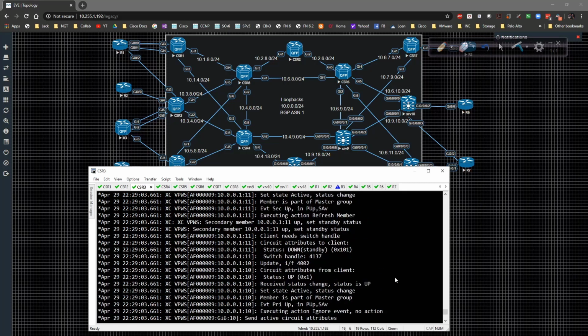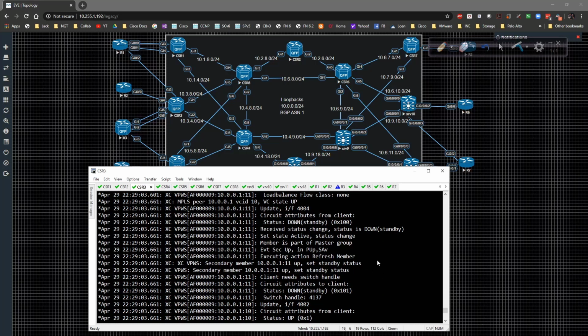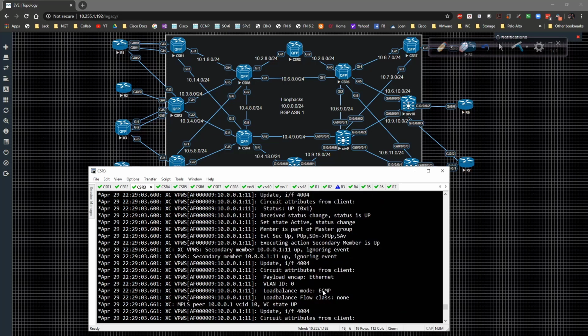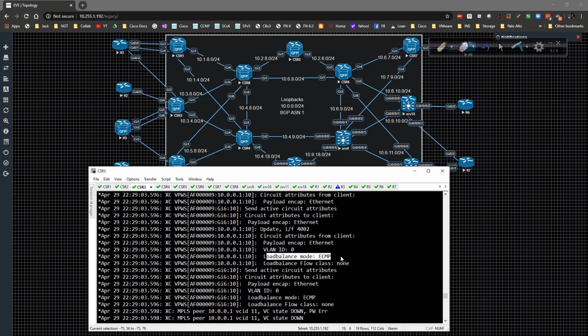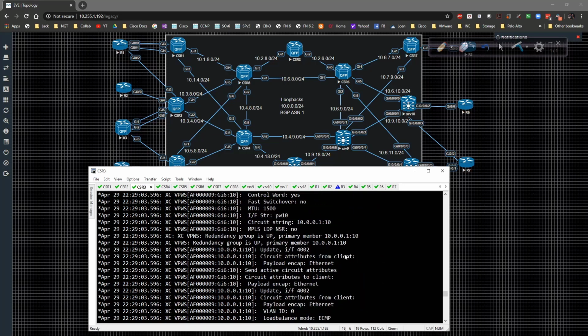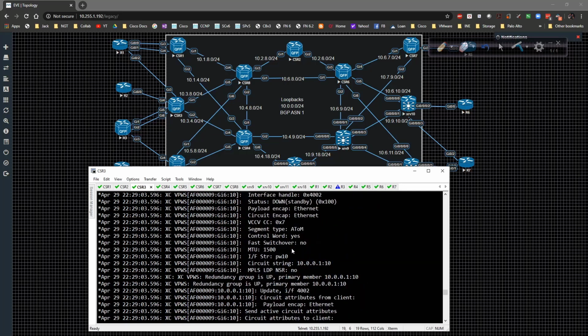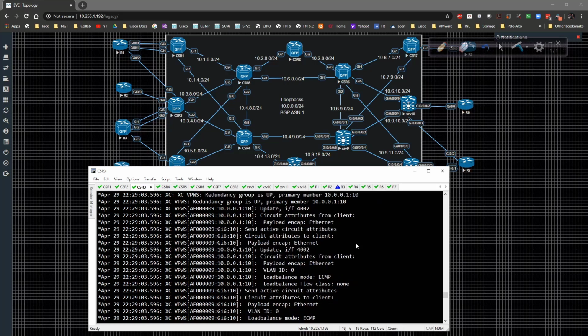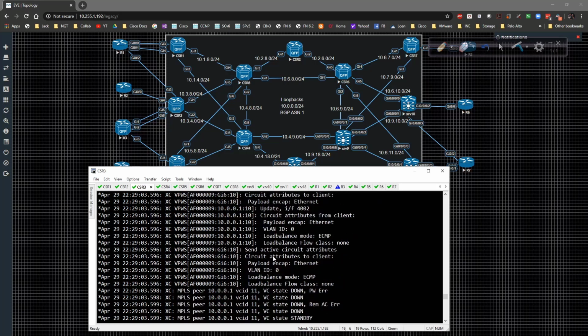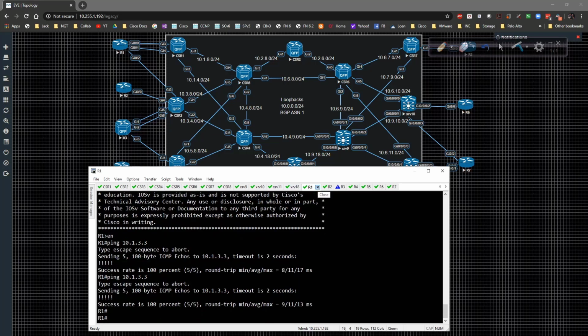Now if we scroll up here a little bit, you're going to see things like, let me find it. This is pseudowire 11. And let's go up to 10. 10 is good. So load balance mode is ECMP. And we can see that fast switchover is not enabled. The control word is enabled. It was down, but it is now, where is it? I just saw it. It should be up. So we should be able to go to router 1, hit the up arrow, and ping,